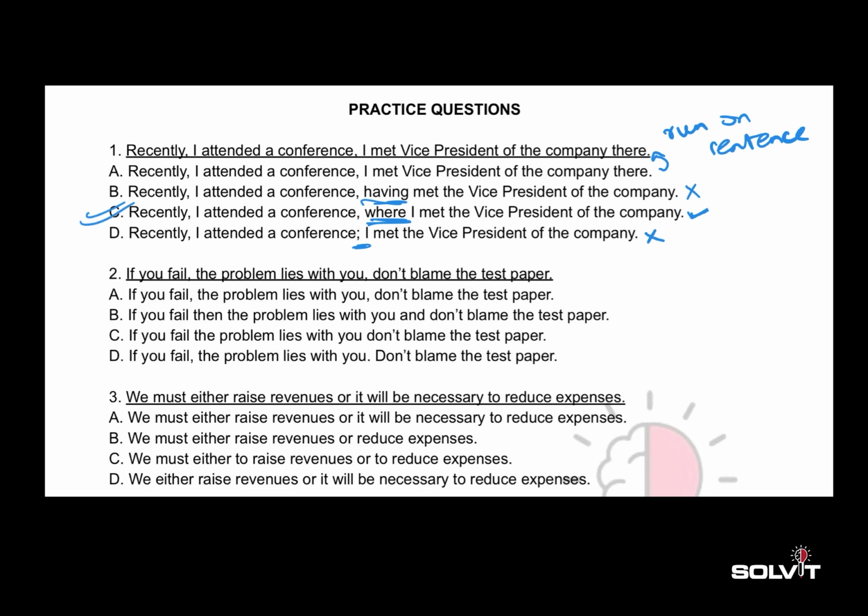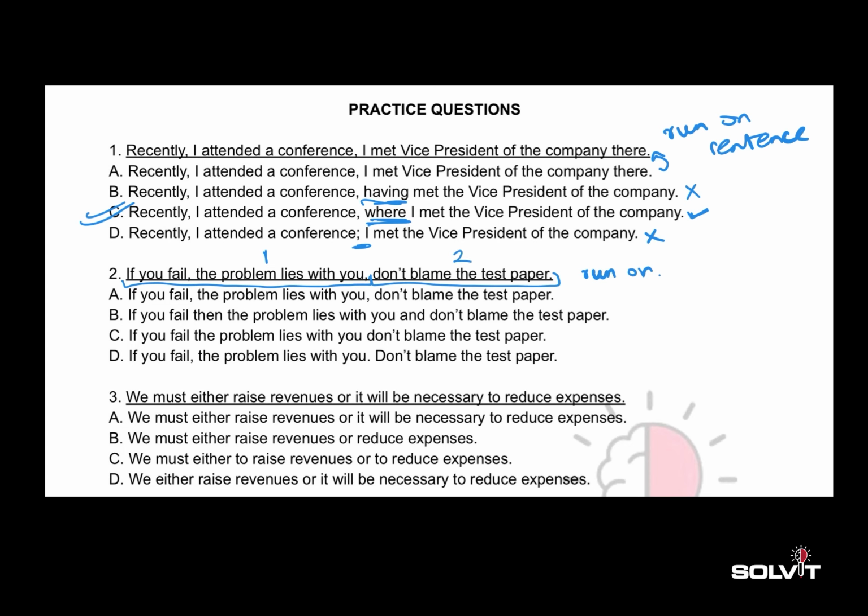Okay, let's look at question number 2. If you fail, comma, the problem lies with you, comma, don't blame the test paper. Now again, this is a run-on sentence, okay? Because there are two different sentences forced into one sentence and we can separate them, okay? Now let's see, what are our two different sentences in this? So if you fail, the problem lies with you is our first one,